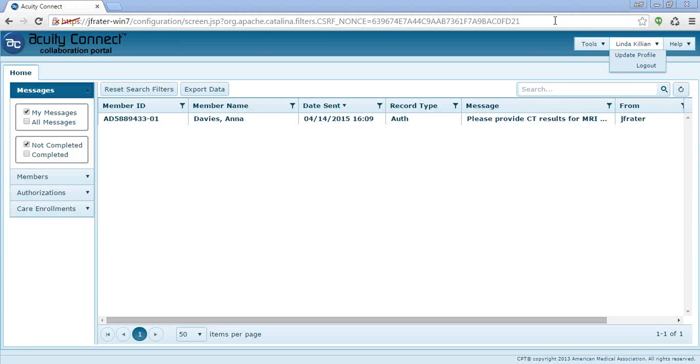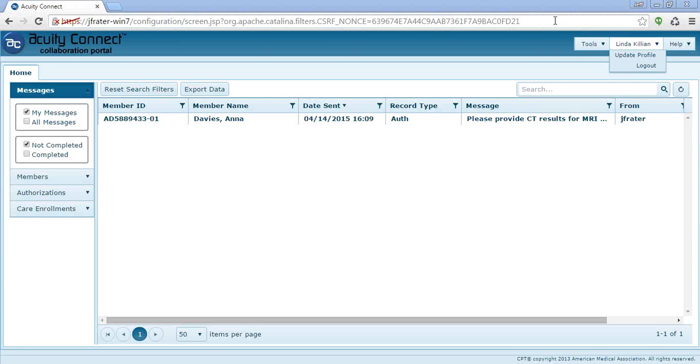Linda, I need to enter an authorization request for Tori Cook to have neurodevelopmental testing. Can you show me how our new web portal works? Sure, yes. First, I want to share with you that the health plan staff explained to me that they've configured the role-based security of Acuity Connect so that we're only able to view and edit the records of members for which you are listed as the PCP. If you are a specialist, our access would be defined by the provider networks you are a member of.